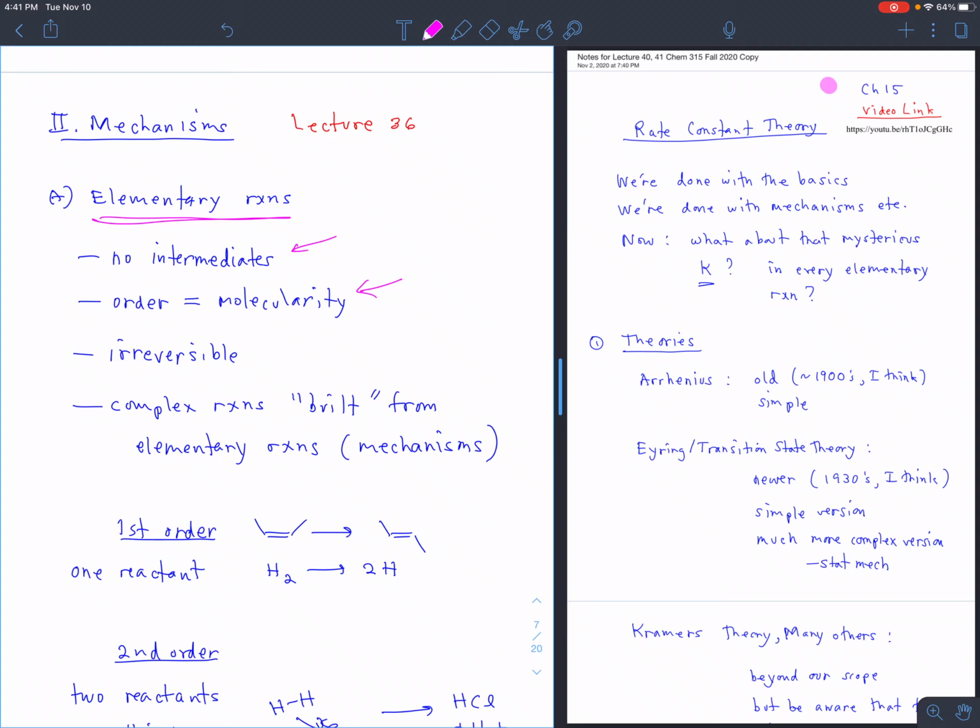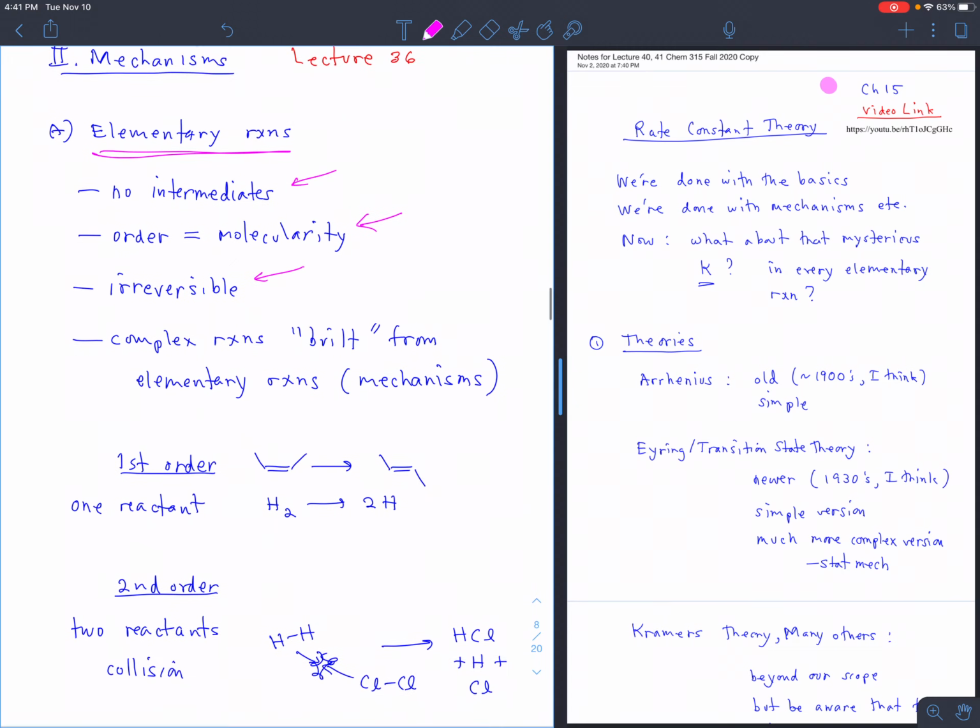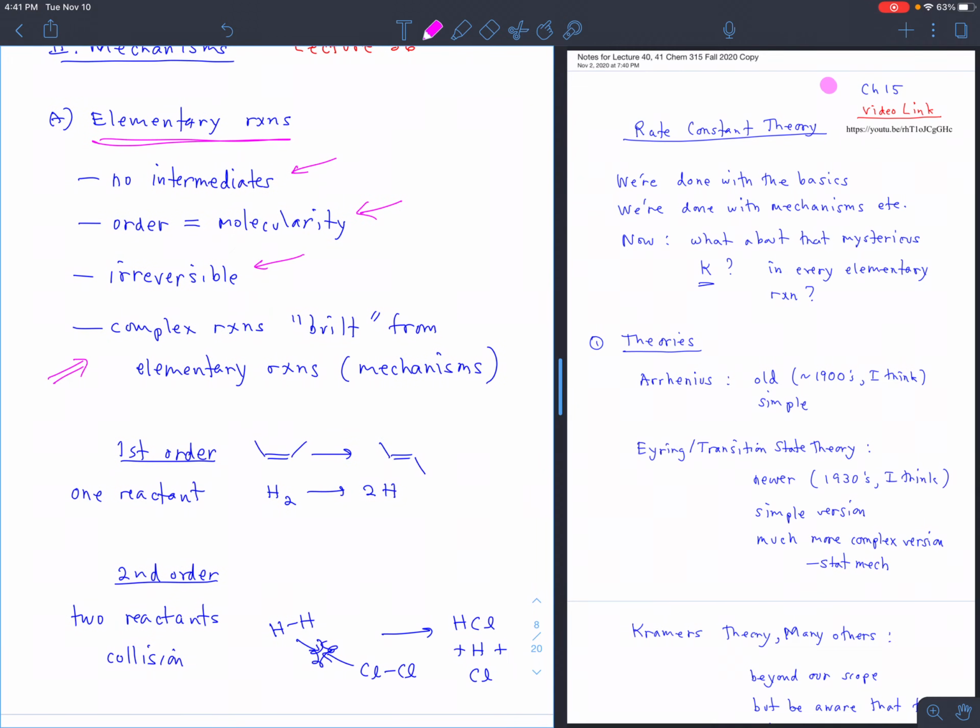It's 2 if there's 2 reactants. All elementary reactions are by definition irreversible. If the reaction in question is reversible, then that's 2 elementary reactions, one for the forward process and one for the backwards process. Elementary reactions are used to build mechanisms, and therefore all complex reactions are built out of collections